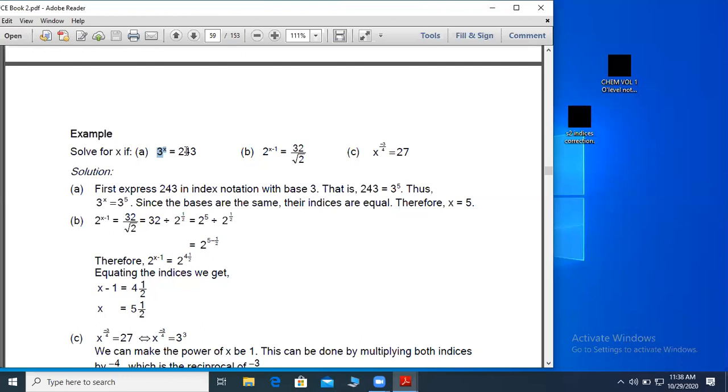What we do is express 243 in terms of 3. When we express 243 in terms of its prime factors, it is the same as,